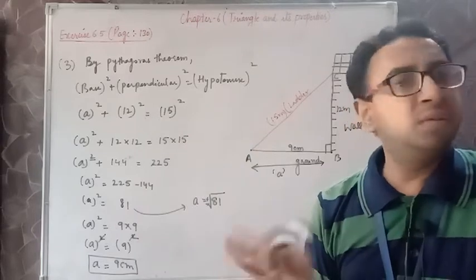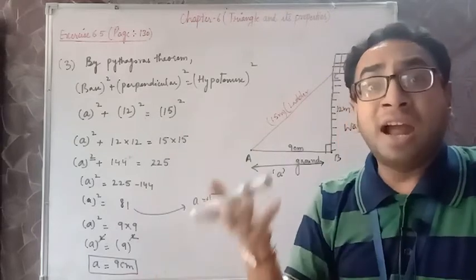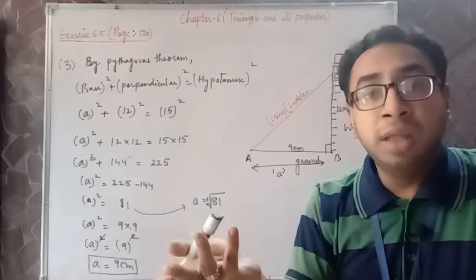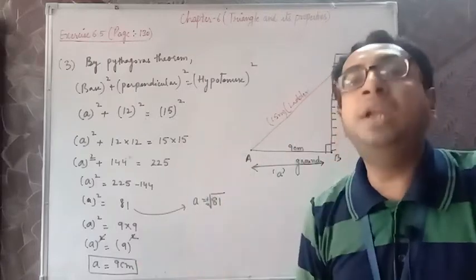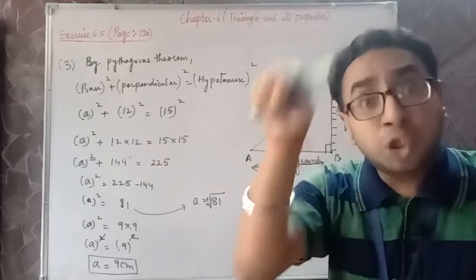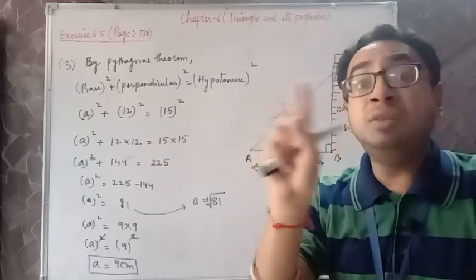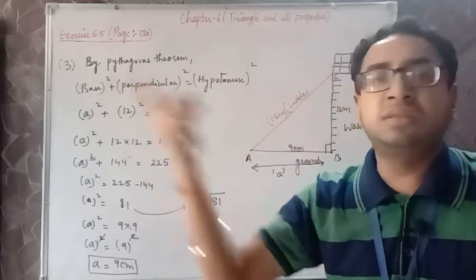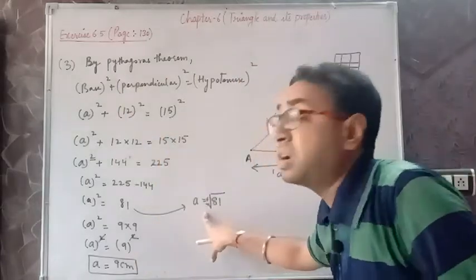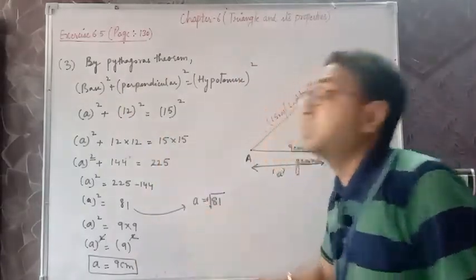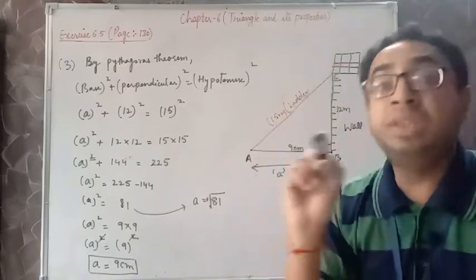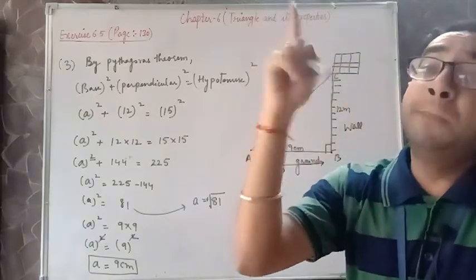What is that nonsense? Not at all. 5 meters means what? You haven't walked. Even if you are going down, that minus sign shows you are going down. It doesn't mean you have covered minus distance. So that's why we never consider minus. Hence, we always consider plus with the length. That is why we neglect minus.